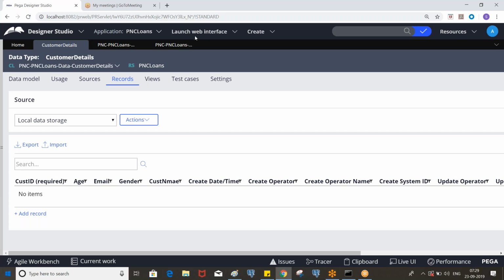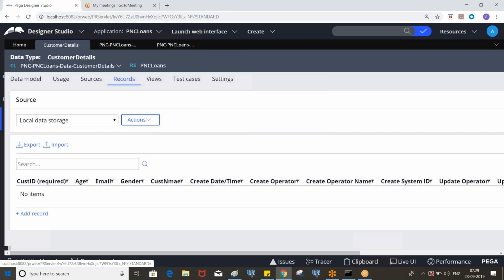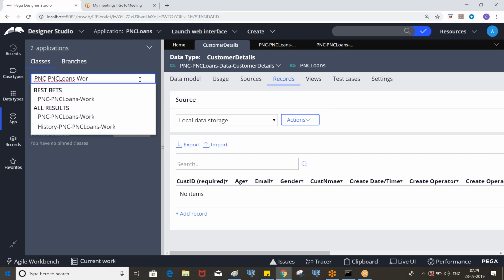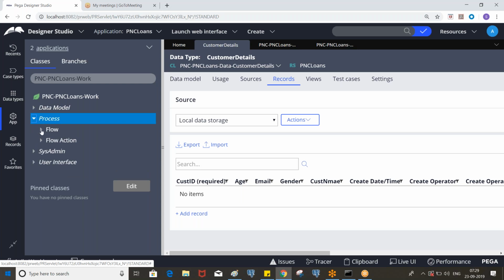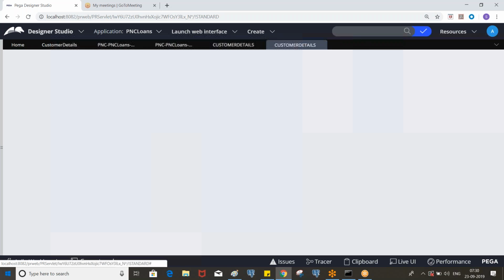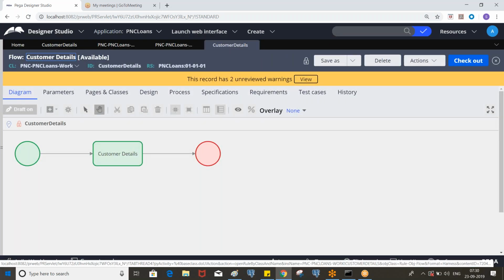So whenever you execute a flow, for example, let me run the customer details flow here. The work object ID is getting generated automatically, and that data is getting posted to the pyWorkPage of the clipboard, right? Here the pyWorkPage is getting created by some internal PRPC rule that is called an activity.